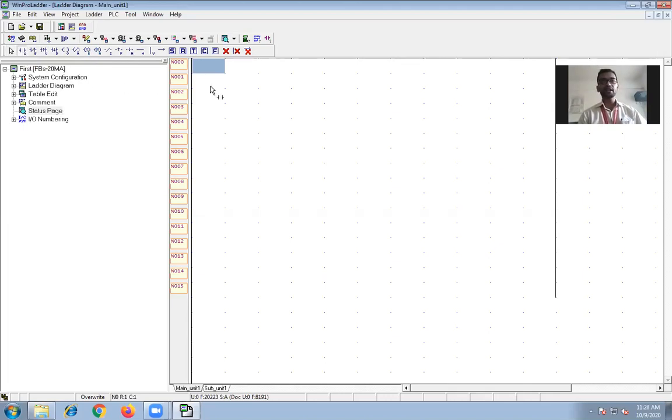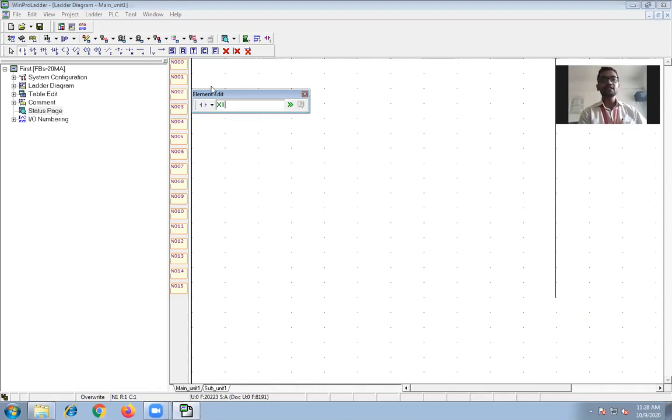We'll place it over here. As you can see, to that arrow, we have attached NO contact automatically. So we'll keep it over here. In Allen Bradley, input is indicated by I and output is indicated by O. But in FATEK, input is given by X symbol and output is given by Y symbol. So let us say suppose input is X1. So I have typed over here.